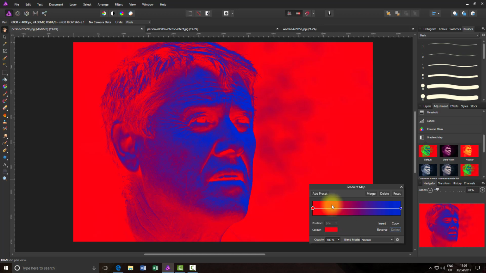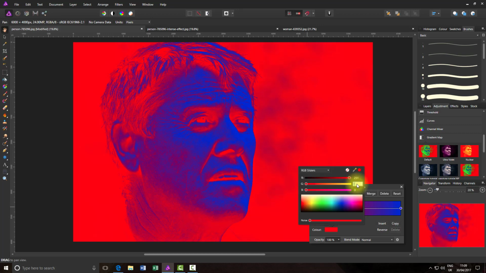But I want these shadows and highlights to have the same colour. So first of all, I'm going to alter the one that's currently selected, which is the shadows, or this red one here. I'm going to click on the colour, and the colours I'm going to pick is